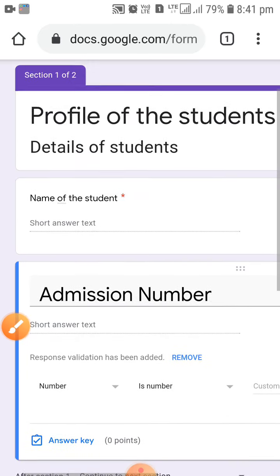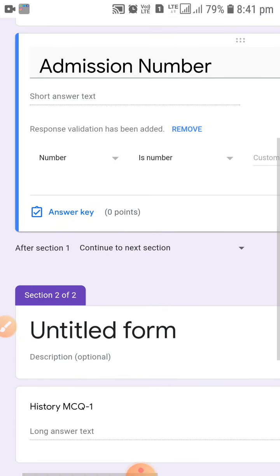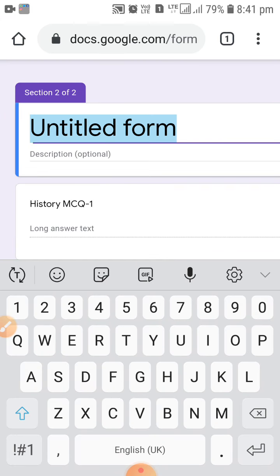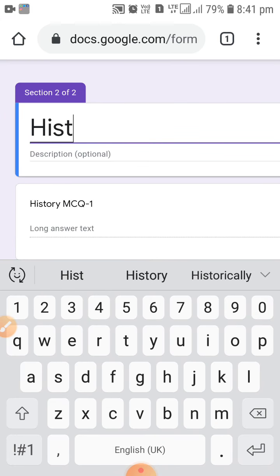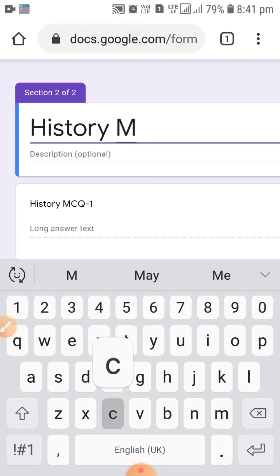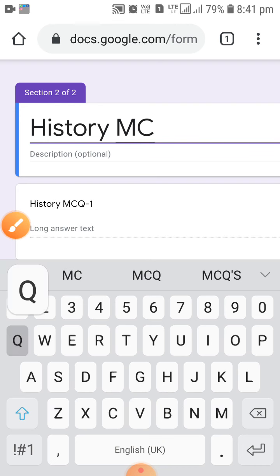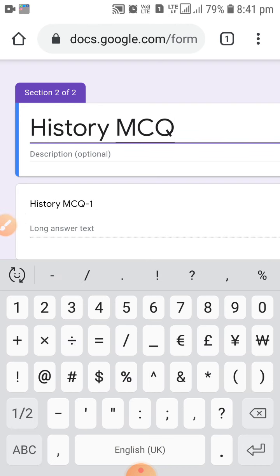The two sets of questions I have done: the profile of the student, that is the first section, and the second section, section 2 of 2, that will be the history MCQ. I am going to name it history MCQ. And this is the first MCQ, so I will write first MCQ.